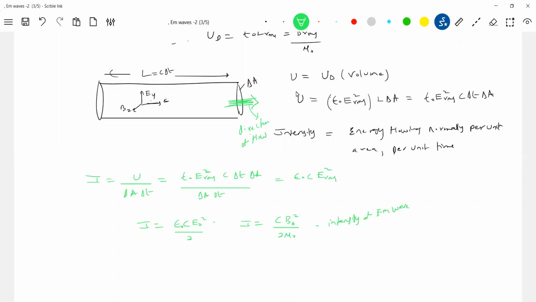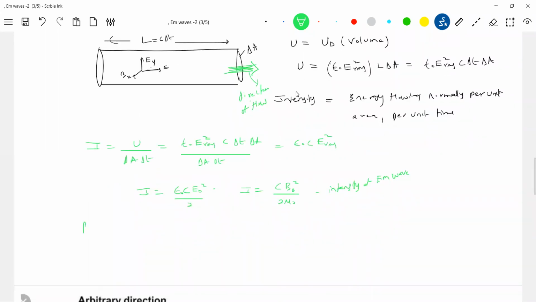I agree with this. So now, if this particular wave is incident on any surface, will it exert any force? Yes, then from that we'll get the radiation pressure, and that should be equal to what? Intensity by c for complete absorption. And what is the radiation pressure if it's reflected?